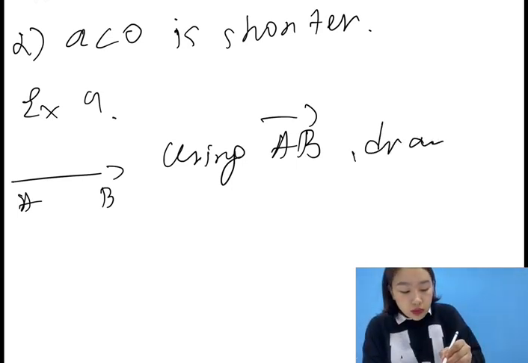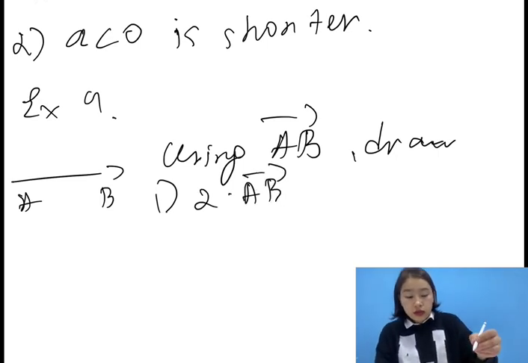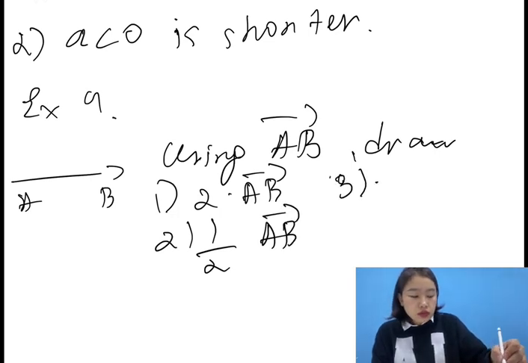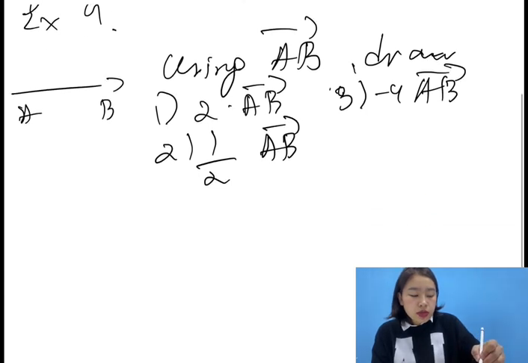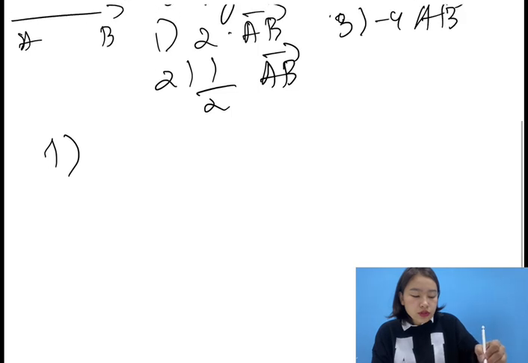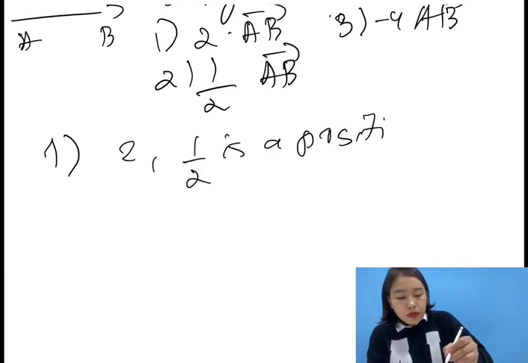We have the AB vector here, and using this AB vector we need to draw vectors like 2 multiplied by AB, 1 over 2 AB vector, and minus 4 AB vector. How can we draw them? The first one,